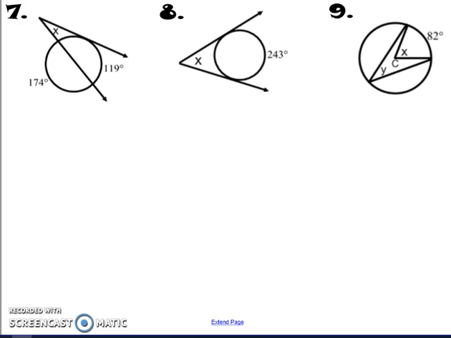All right, our last three, our vertex is outside, so we need to do arc minus arc, and remember it has to be the arcs that are in between our two sides of our angle, in between these two rays. So that's the 119, but I don't know this one. Again, my three